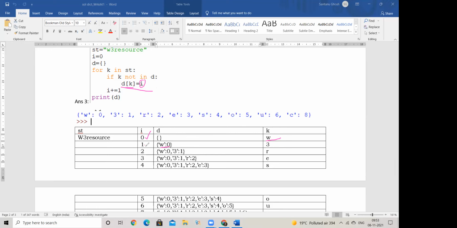Now I becomes 1. Then it goes up, takes the next K. So K becomes 3. Then it enters here, checks, is 3 available? No, not in there. So true. So this gets added, 3 and 1. Fine. So that is how I've shown you the dry run. Do it yourself and then compare whether I am doing it correctly or not. If there is any problem after the test tomorrow, I can discuss that. It will be a small test, so don't worry, but prepare well. That will be a good preparation for your UT also. Fine, do so.